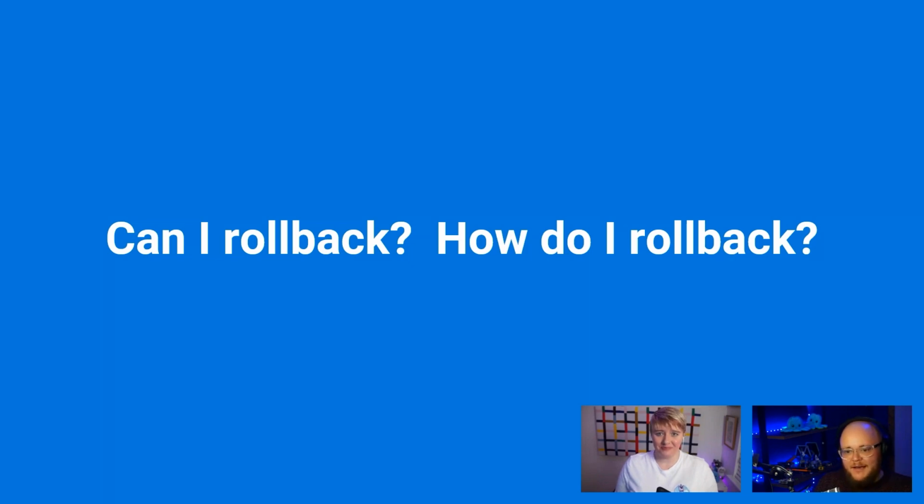So, can I roll back? And if possible, how do I roll back? Starting with a complex question there, Derek. Thank you. So yeah, rollback is something that you probably do want to be able to do, because let's face it, if you deploy your code out to your application, maybe your QA servers, and things don't go quite right, you definitely want to roll back that change. We can do that inside Octopus Deploy. So when you saw in my demo, we're talking about the versions and the releases. If you rolled out, say, version 1.1 and things went wrong, what you would do is go into your release that's 1.0, and then the button will say redeploy, and you can redeploy that to your environment.